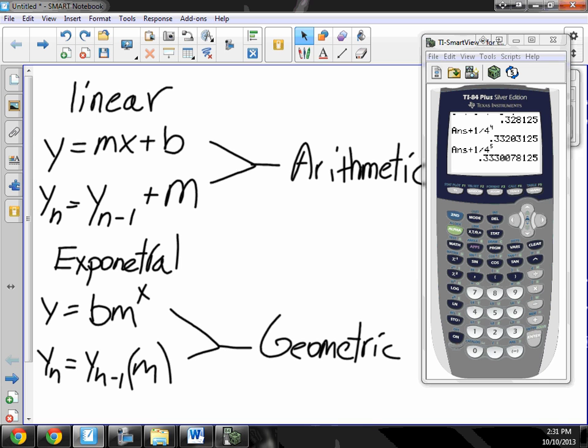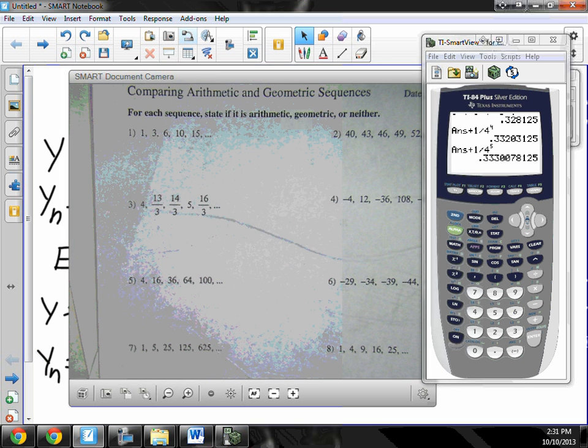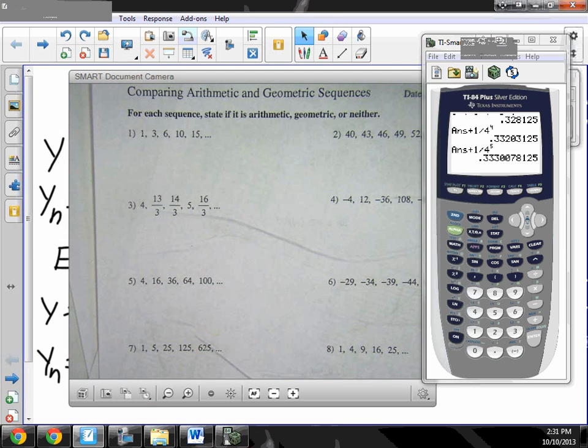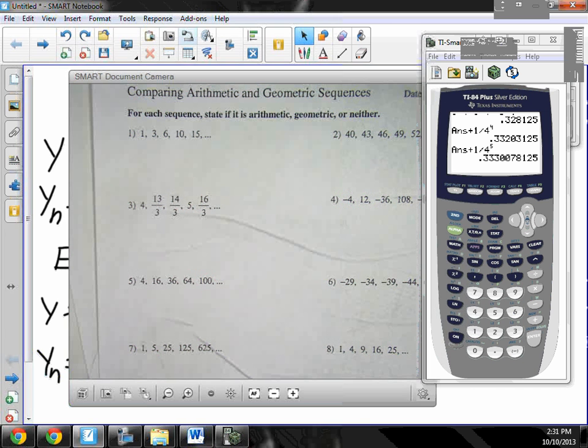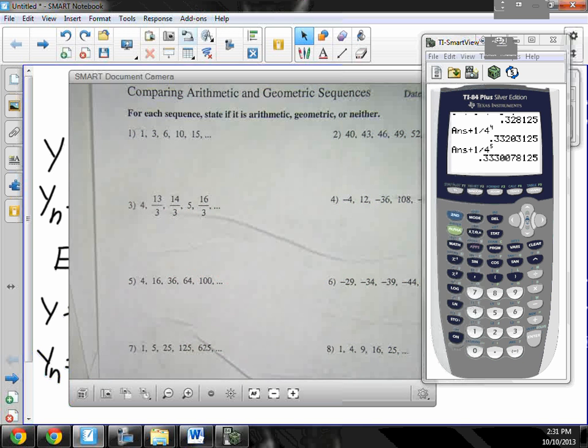Okay, so let's come back to this. Did anybody notice a pattern on number 1? +2, +3, +4, +5. Is that arithmetic or geometric? Neither. It's actually quadratic, but it's neither arithmetic nor geometric. Okay? Number 2, arithmetic because the pattern is +3, +3, +3. Okay? Number 3,